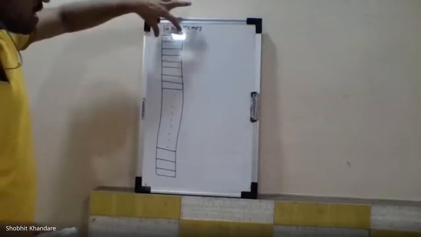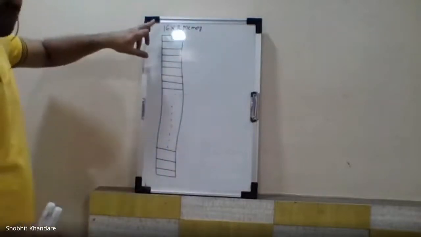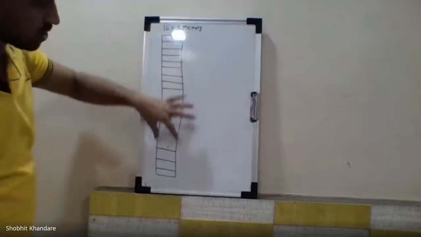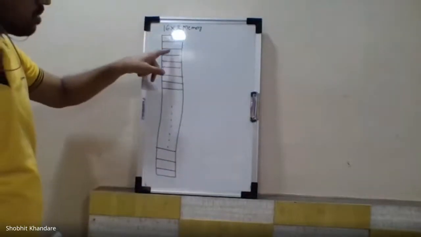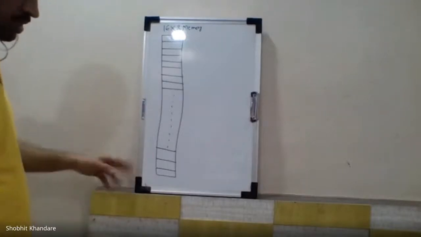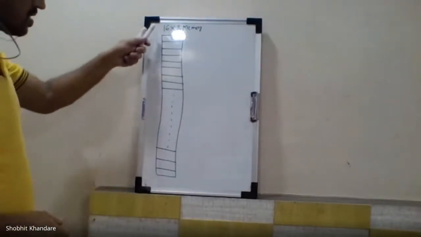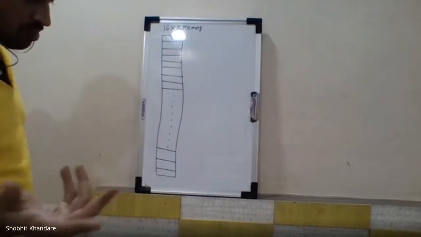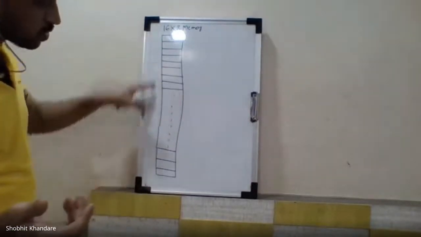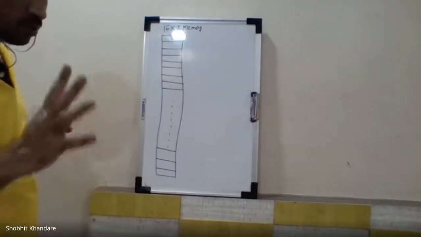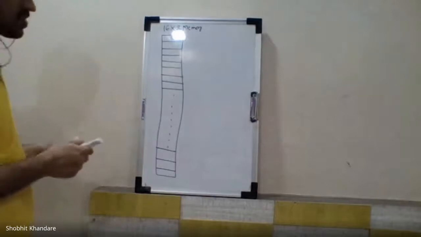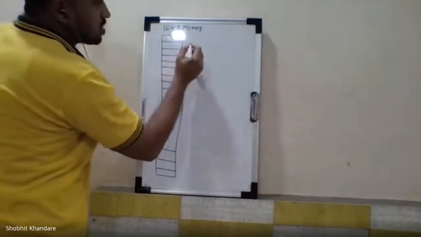Again, I am saying this is the memory of, suppose, 16 by 8. It means there are 16 locations, and each location will be able to store 8 bit of data or 1 byte. That is the meaning. Okay. Now, if this is a 16 location, how many bits we can utilize to locate 16 locations? How many bits are sufficient? 4 bits. 4 bits are sufficient. Okay. 4 bits are sufficient. I am drawing now 4 bits.